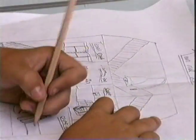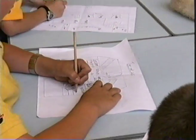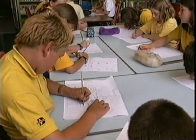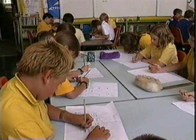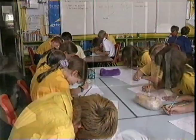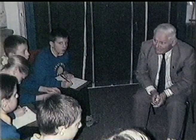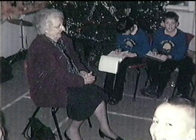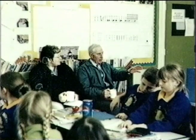Other aims I was looking at was design and technology. We looked at the way that the mill could be used in the future and how it had been used in the past. The first thing I wanted to do was actually get people who were involved in the mill to come and be interviewed by the children, and then we could take from that other questions that they wanted to ask other people, for example councillors, Lynn Plant came in, local historians, people from English Heritage